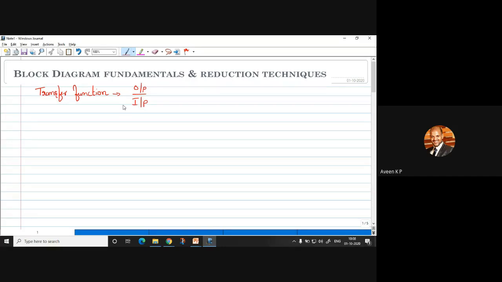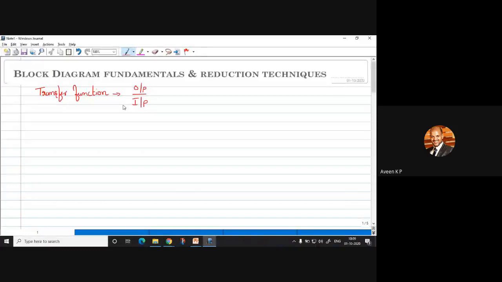We know, for any given mechanical system, how to write its mathematical model. We will write its mathematical model, nothing but the equilibrium equation. So using that, if it is a complicated system, how to reduce it in terms of transfer function. So that is one method to represent the equilibrium equation. For any complex system, how will you obtain its transfer function?